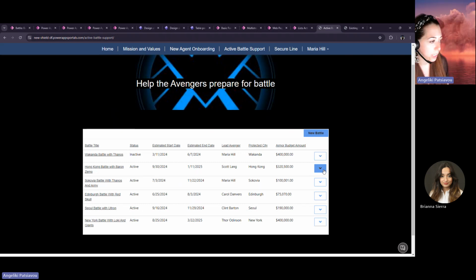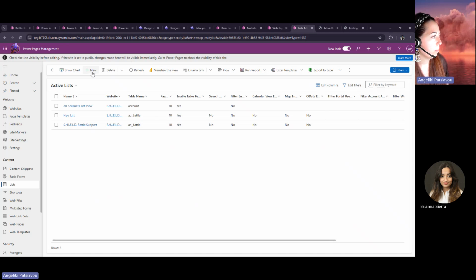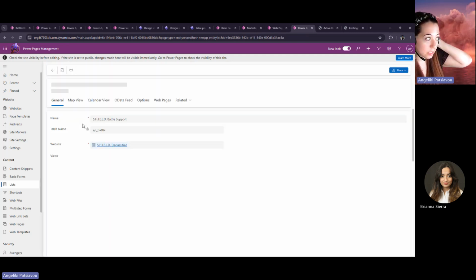But if it's current data, then we're also enabling editability. Now, we're controlling all of this through Fetch XML in the Power Pages management side of things. And what I mean by that is that we go into Power Pages management and we are controlling our list through